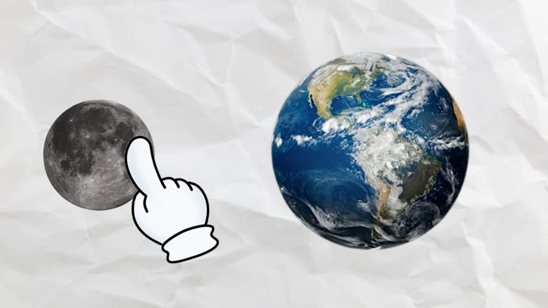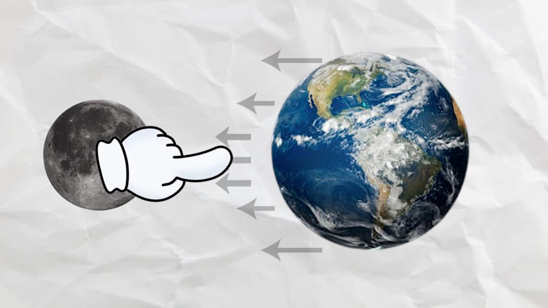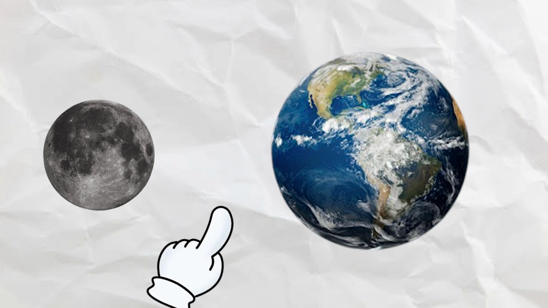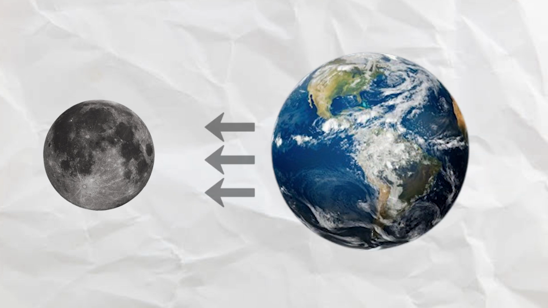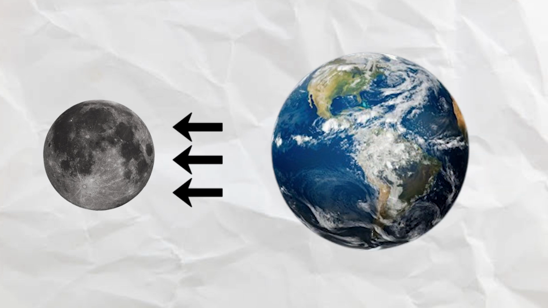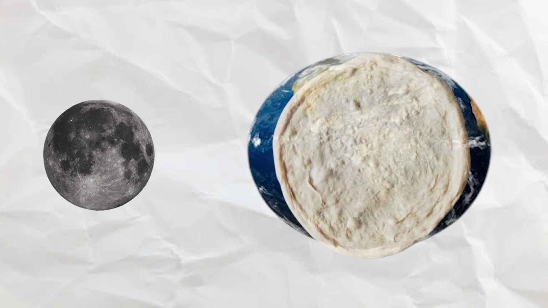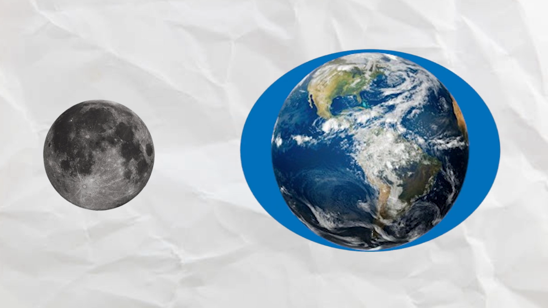The Earth and the Moon, for example, have this effect where the Moon pulls on the Earth with its gravity, but the pull isn't equal everywhere. The side of Earth closest to the Moon experiences a stronger pull towards the Moon than the opposite side. Because of this tug, the Earth is being stretched out of its circular shape ever so slightly, like dough being stretched out. This stretching of the Earth causes tidal bulges, one on the side closest to the Moon and one